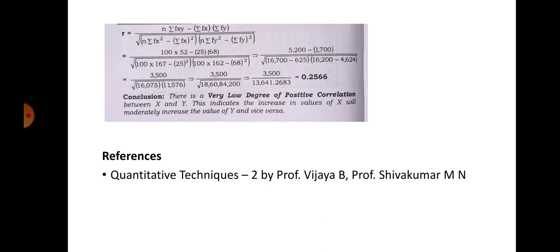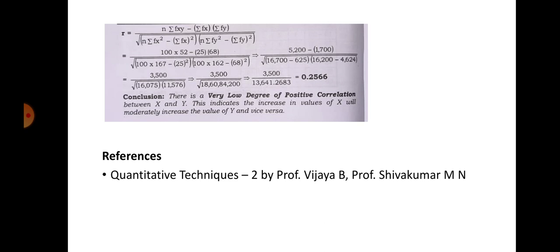You have to use calculators. You can write the root separately, or if it is not possible to get the product, you have to take separate roots. All types are correct: multiplying and taking the square root, or taking the square roots separately and multiplying. It is the same as multiplying the numbers and taking the square root, unless the calculator cannot take it; sometimes an error comes if the product exceeds the capacity. Now the answer is 0.2566.